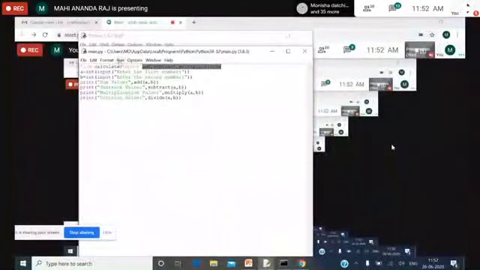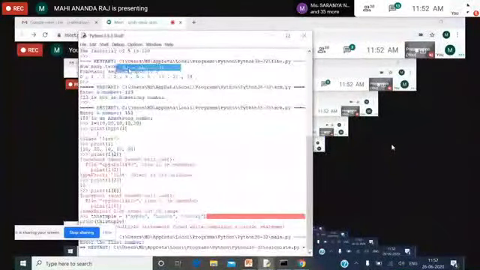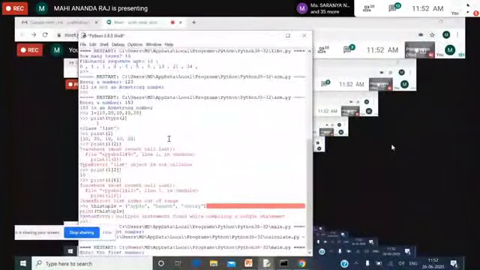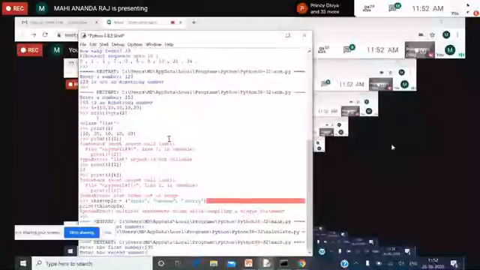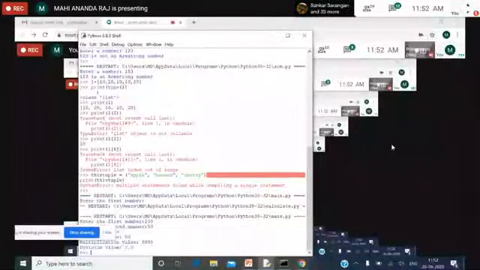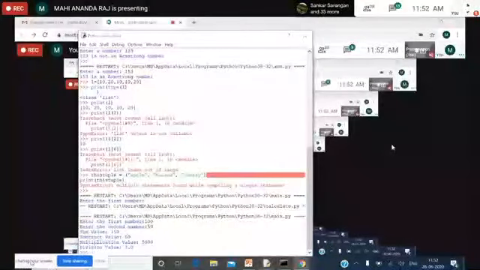Enter the first number. I am entering 100. Enter the second number. I am entering 50. So you can see the output here. So this is nothing but a module.